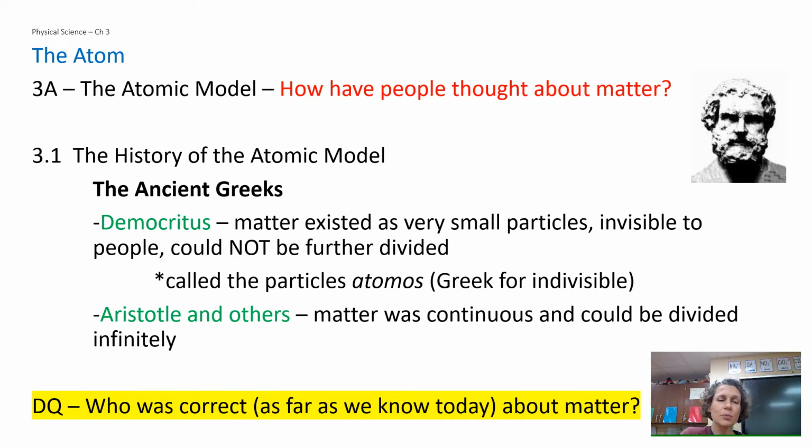The second one was an idea that was supported mainly by a man named Aristotle, or as far as we know, a man named Aristotle. He said that matter existed as a continuum, and it was continuous, and it was something that could be divided infinitely. So those were the two big ones, and my question down there we'll talk about when we get to class. Those two were the big theories of the time, and they hung on for a long time